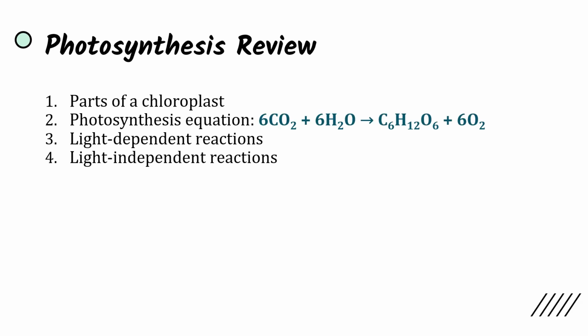So, photosynthesis review. Gotta know the parts of a chloroplast, especially the thylakoids and their membranes, which are so important for the light-dependent reactions, as well as the stroma, which is where the Calvin cycle takes place. The photosynthesis equation is going to be carbon dioxide plus water plus light energy yields glucose and oxygen. The water and the light energy are used to create ATP, and oxygen comes from the splitting of the water